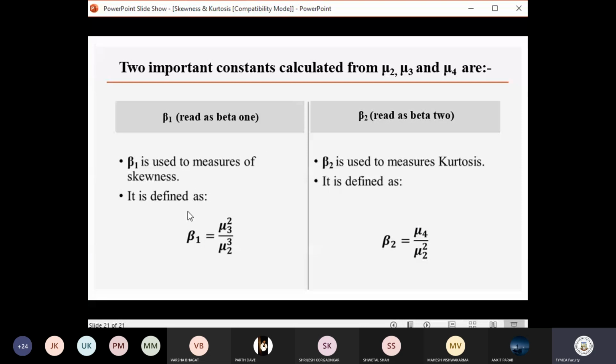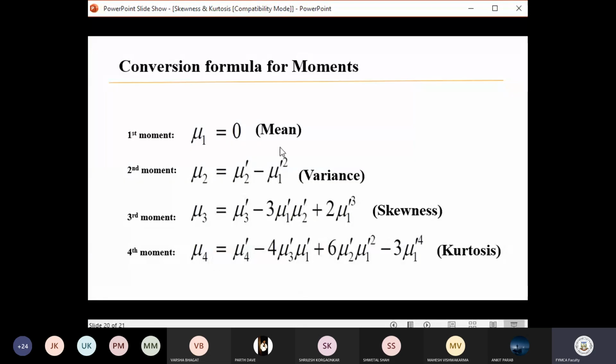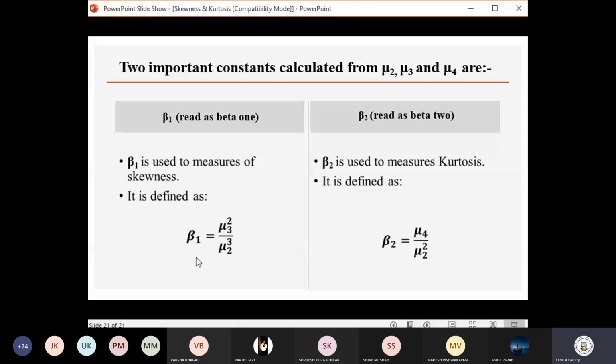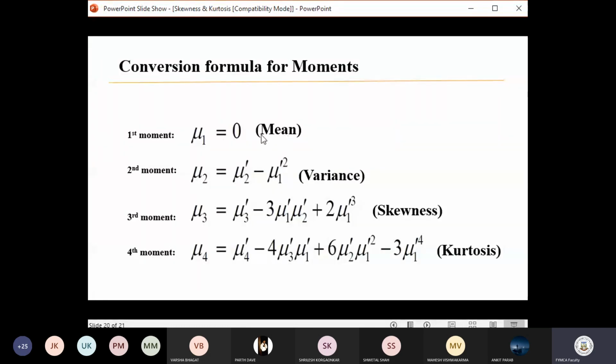And this was the initial parameter which we have seen. If we are relating that, that is mu1, mu2, mu3, mu4, then based on mu1, mu2, mu3, mu4 we can also calculate the skewness. And based on mu2 and mu4, kurtosis can be calculated. So all of them are related to each other. You can calculate the values. You can just have a look at this particular value, that is how mean, variance and skewness are correlated.